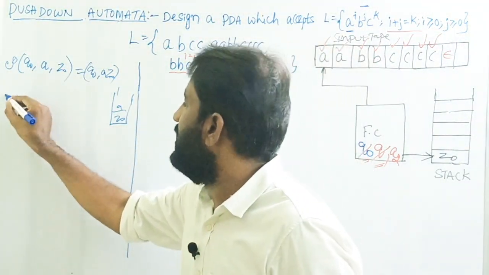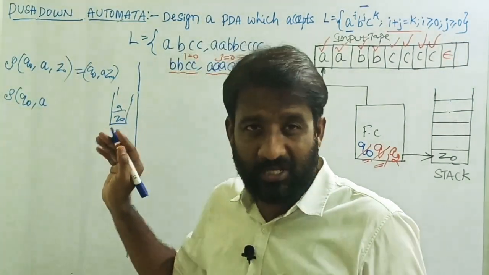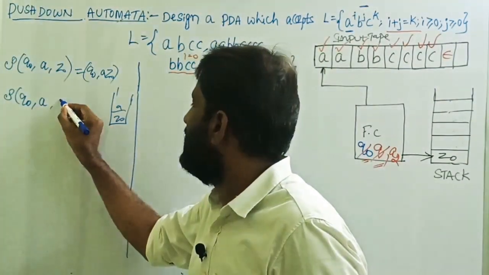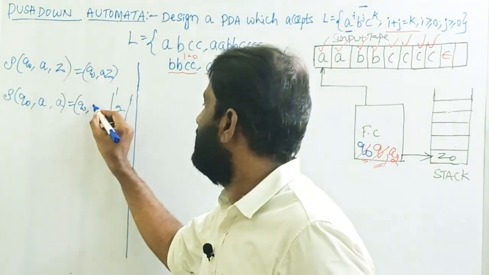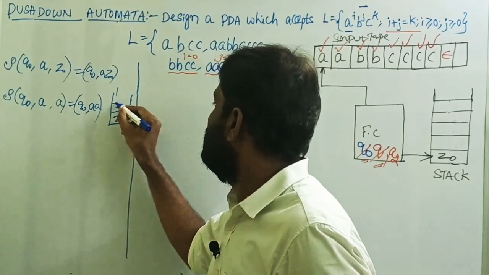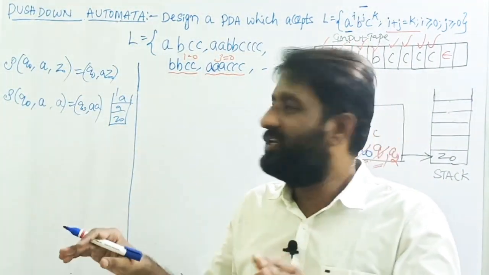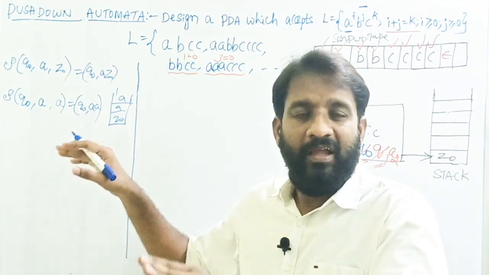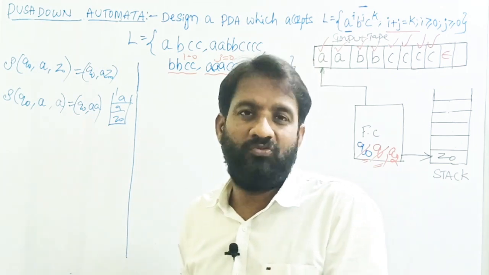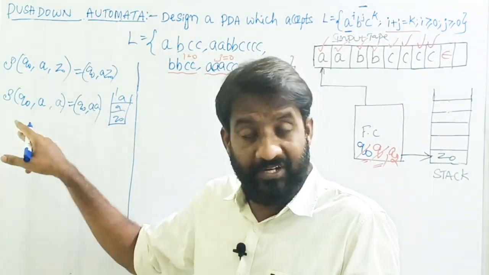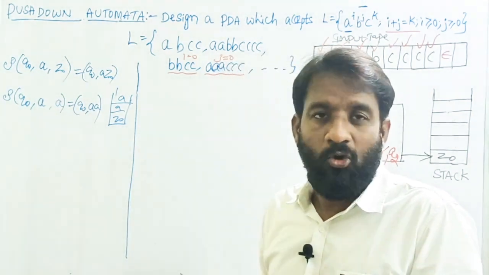Then the transition of Q0 when the next input symbol is also A, the top of the stack is A. That equals Q0, add A onto the stack. So the top of the stack is A again. Okay. If there are more A's, read all the A's on the Q0 state and add them onto the stack. If there are 20 A's, you do not need to write 20 different states or 20 different transitions. You can utilize the same transition. Okay. Let's assume that all A's are exhausted.